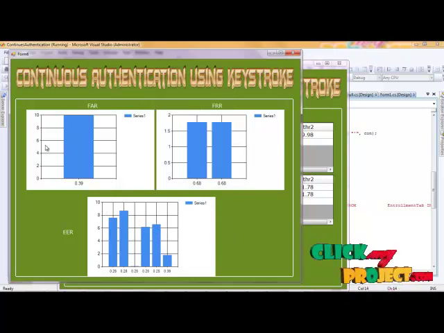For each and every user we analyzed our data, and mainly used 3 processes. This is the acceptance model, this is the rejection model. Then we check the equal error ratios, and we check the minimum to maximum range of the verification times. So this process mainly describes the keystroke event for continuous authentication using keystroke time. It is mainly used in the process.